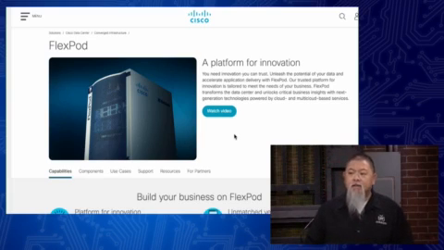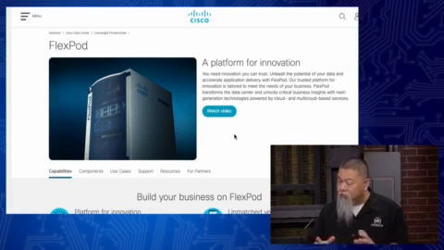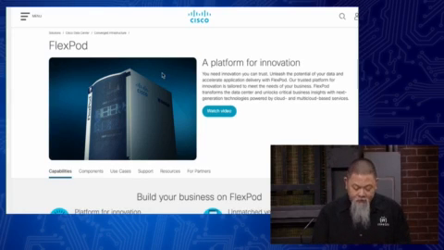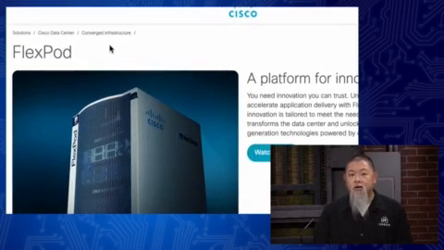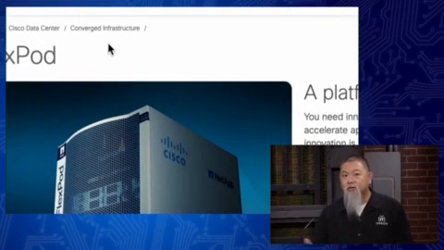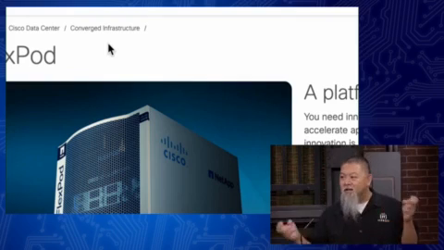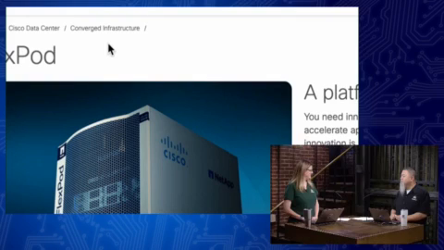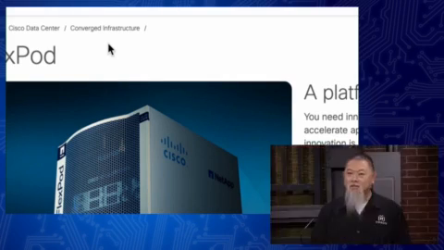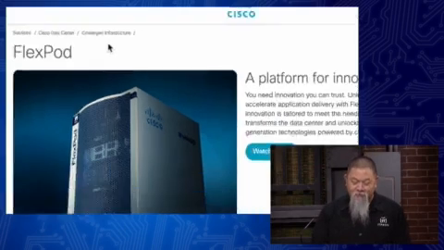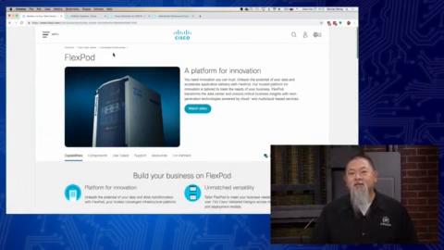Now, FlexPod is such a part of the way that things are for an integrated platform. Sometimes you also hear the term, and Vaughn, this is something that's newer than what our exam calls out. They don't call it integrated infrastructure. They call it converged, okay? The new fad term is converged. Is that across the industry, or is that just Cisco? Yeah, industry now, yeah. Oh, really? Yeah, converged infrastructure is the new cool hip term for this. And yeah, no, it's fancy. Yeah, we are super fancy now. Okay, so that's the idea.